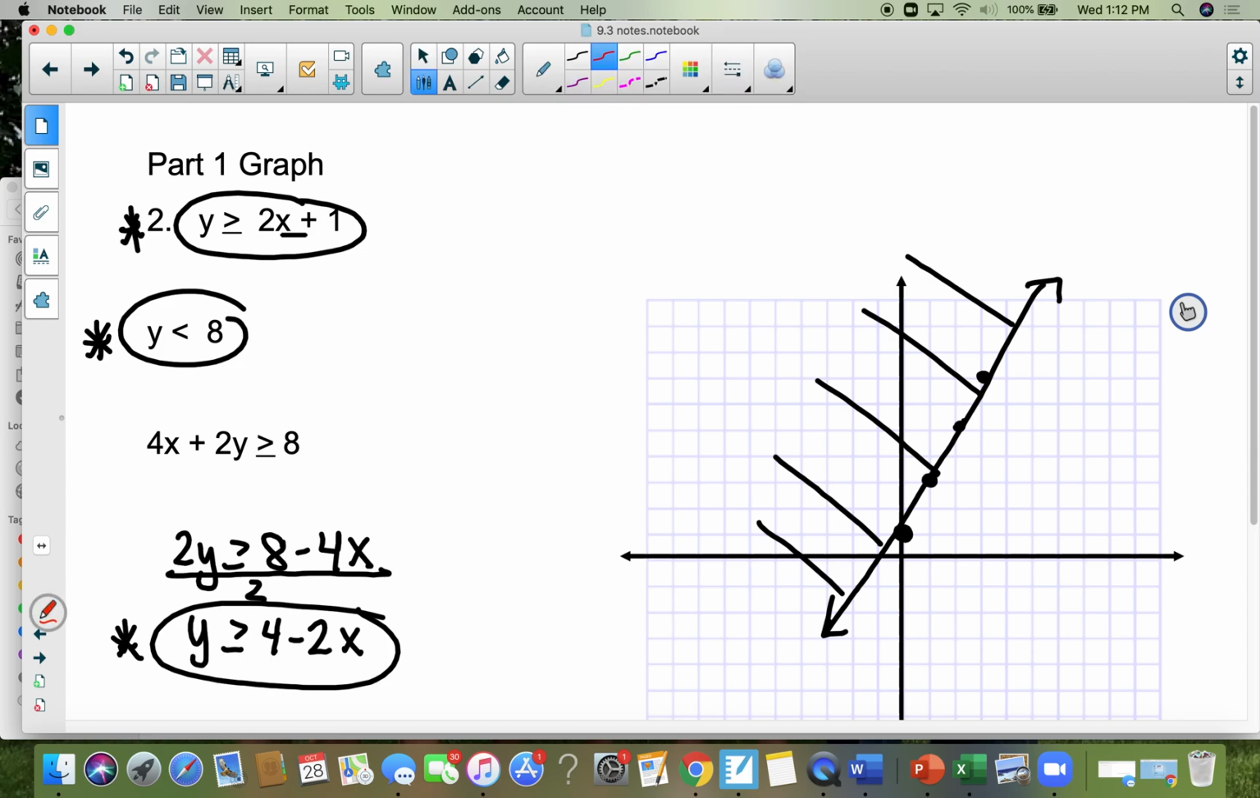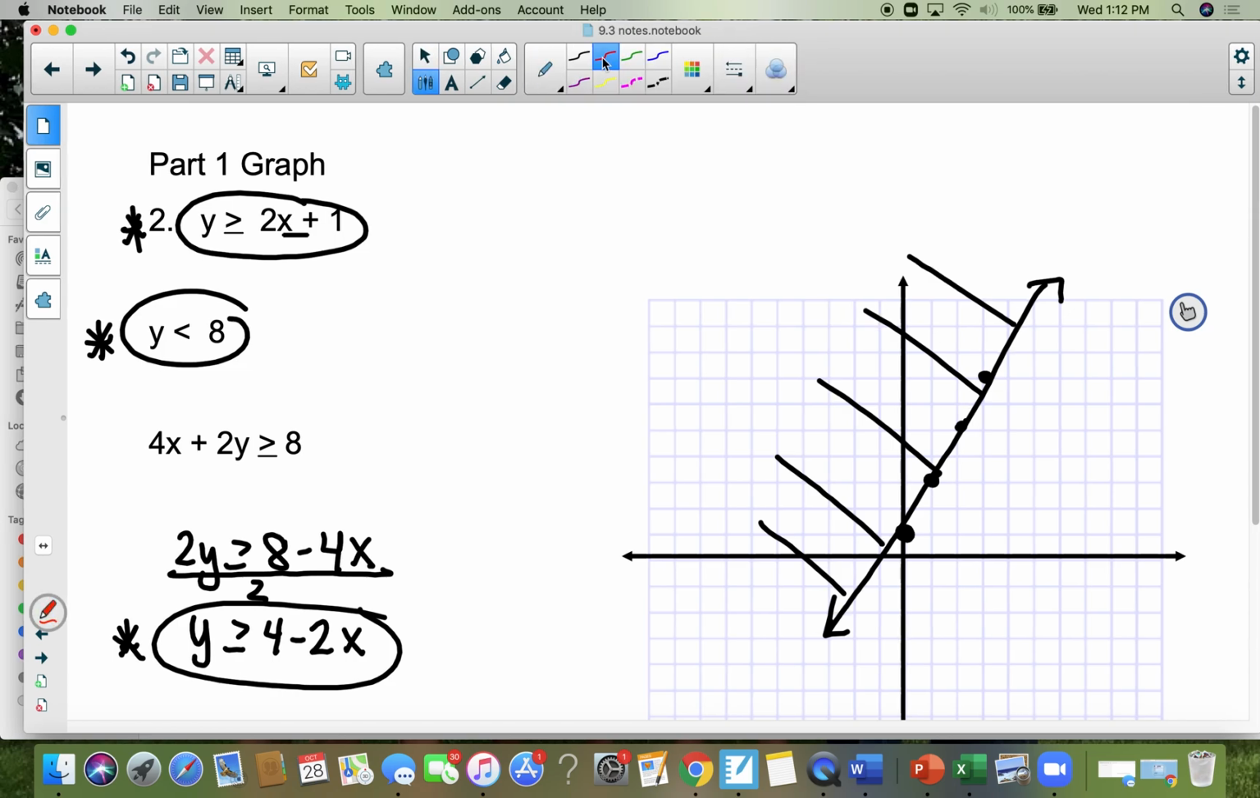The next one, I'm going to use red, and this is a horizontal line at 8. 1, 2, 3, 4, 5, 6, 7, 8, and it's a dotted horizontal line. And y needs to be less than 8, which means below the dotted line. And then,